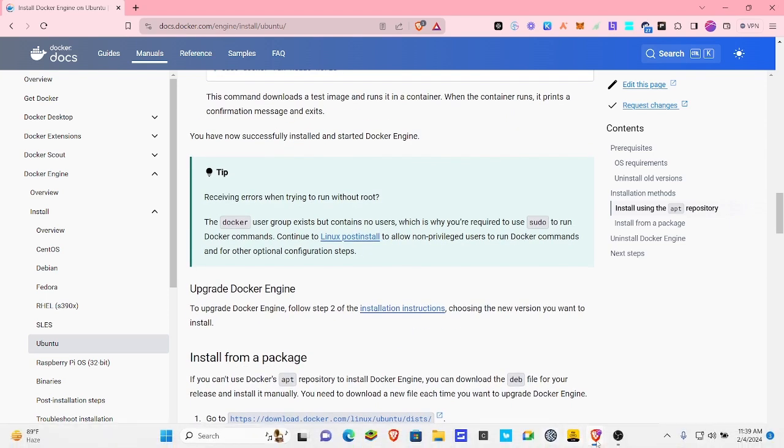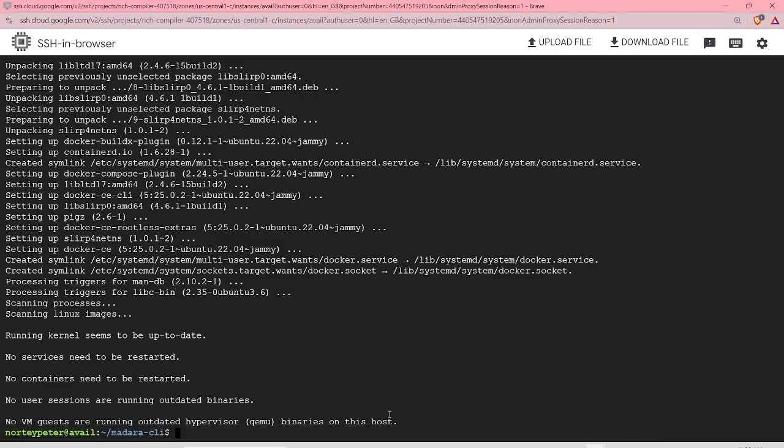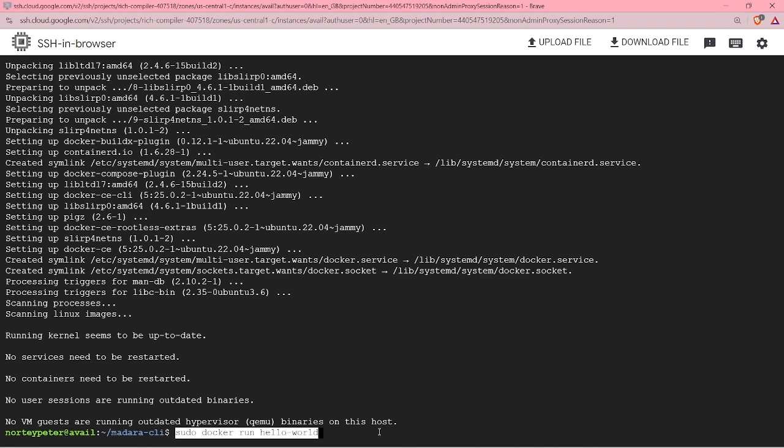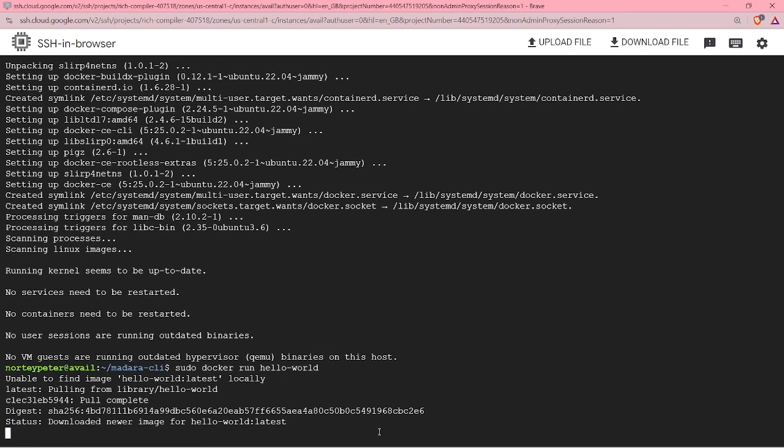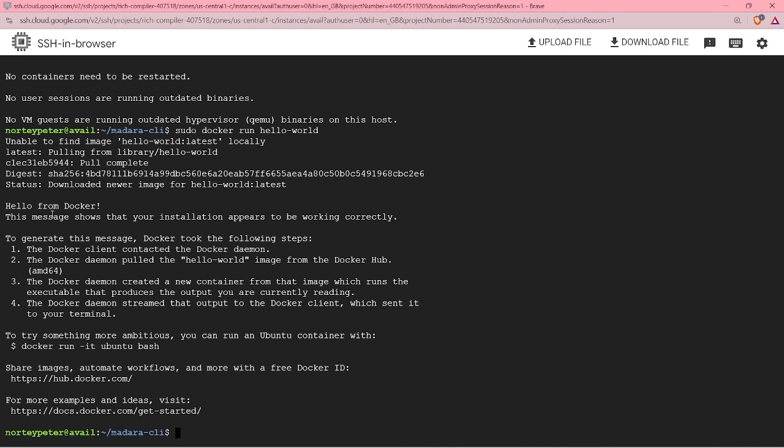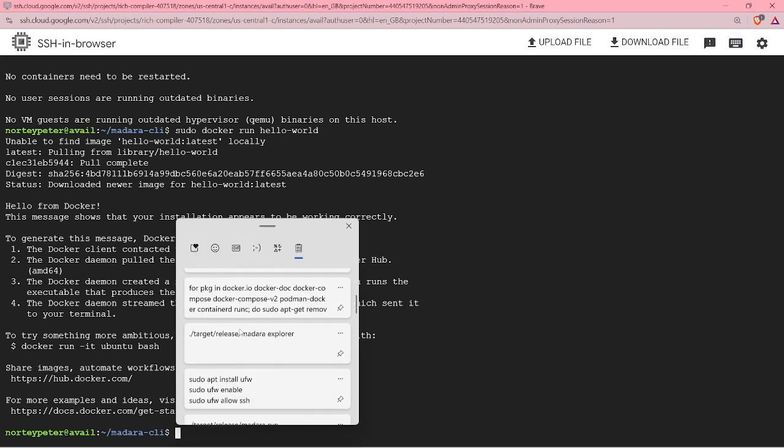world to check if Docker is really working on the system. So once you receive this message, hello from Docker, this message shows that the installation appears to be working correctly. It means you've successfully installed Docker. So kudos to you. Now we can run the previous command we did to check the